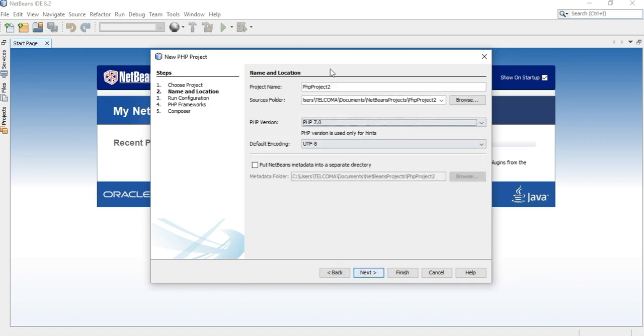And in the next part here you have to give the name to this particular program. As this is a basic program, I'm giving it the name PHP program 1. And the next part is the source folder. Here you have to set the source folder. The particular source folder that is selected over here is not used, so you have to change the source folder. For that you have to go to browse,